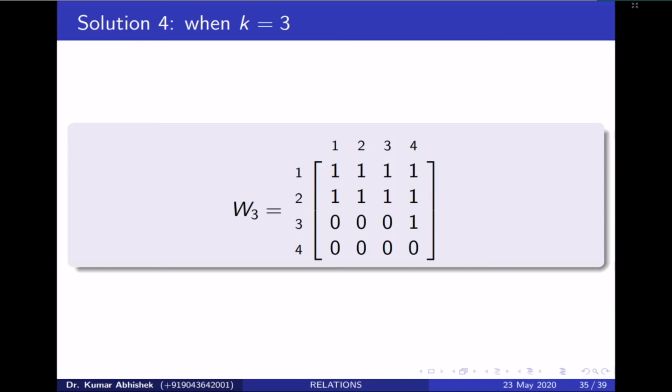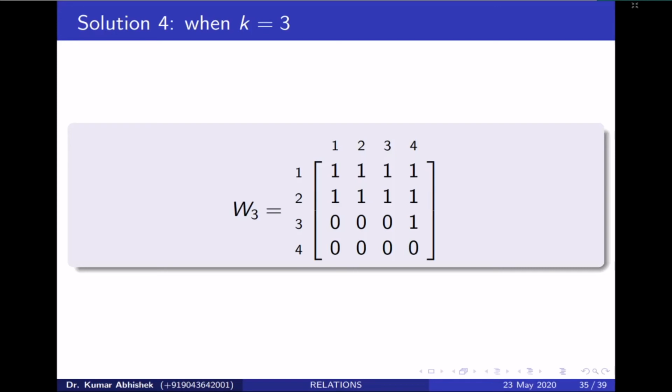From this matrix W3, we will be constructing the matrix W4. Now we see that the non-zero entries under column 4 appear at row 1, row 2 and row 3, whereas there are no non-zero entries along row 4, so no further non-zero elements can be added to W3. So this terminates the Warshall's algorithm and gives us the transitive closure of the relation.